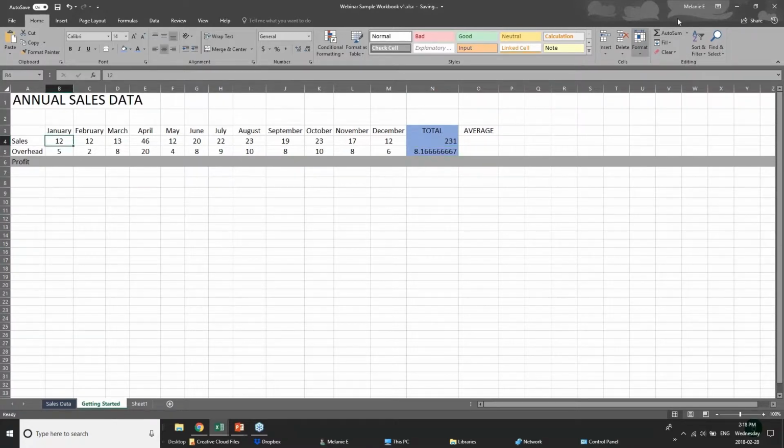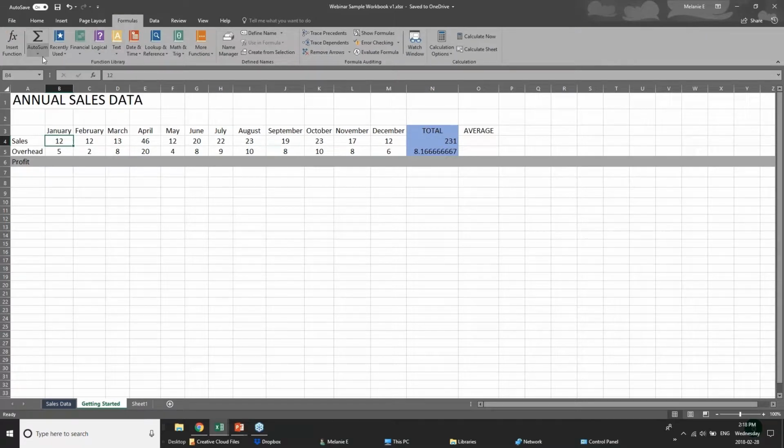Oh, sorry, I did want to mention, just to show you that this also exists in another place. So this auto sum, if you go under here under formulas, oh look, auto sum, again, same thing. Oops, don't put that in there. So I think it's fascinating that it's literally in 3 different places. But again, I like the fact that if you forget where it is in one place, you could easily find